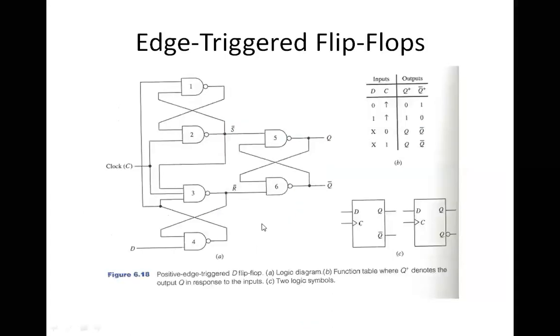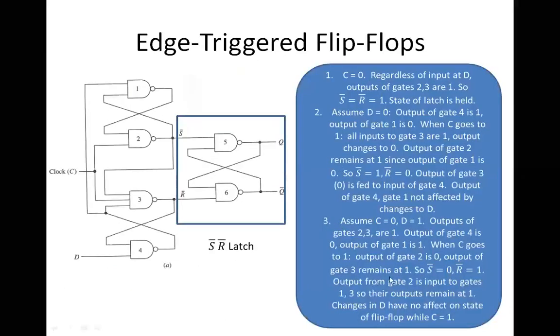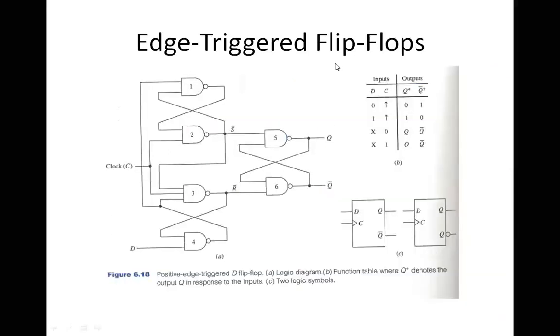So summarizing those, we will give the truth table for whatever logic we applied in the previous slide, where we gave C equal to 0, then D was 0, then C is 0, D was 1, and what all happened. All that is summarized here in our truth table. Ultimately, when D is equal to 0, Q was 0, and when D was 1, your Q was 1.